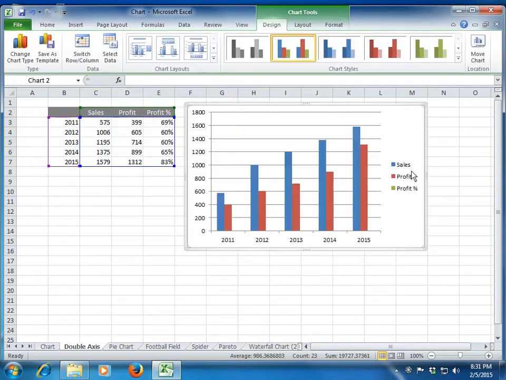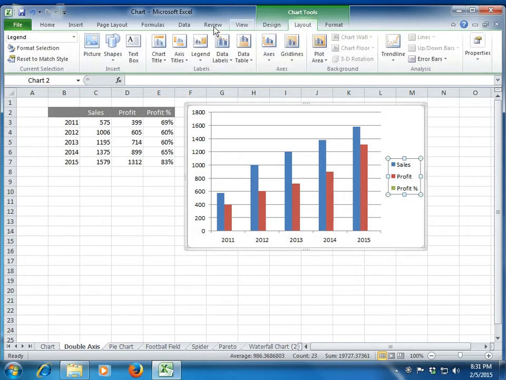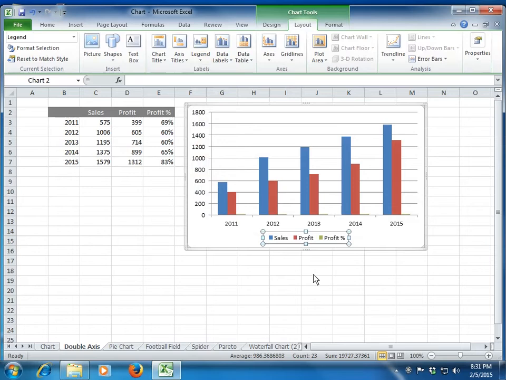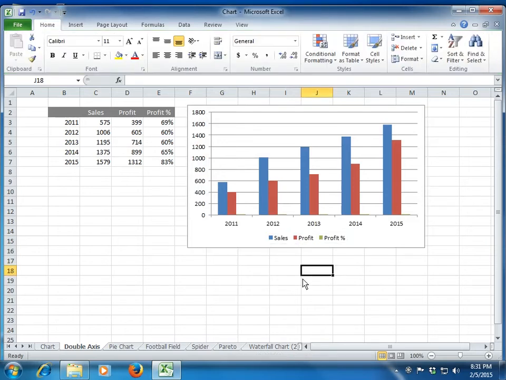I generally don't like the data in the chart. Of course, the data is required once you are preparing a chart and sending it to someone, because otherwise they will not understand which column is representing what. Even if you are keeping the data, my preference is always to keep it at the bottom. This is where it looks good. But this is just my aesthetic sense. Definitely you have much better aesthetic sense than me. Anyway, let's continue.